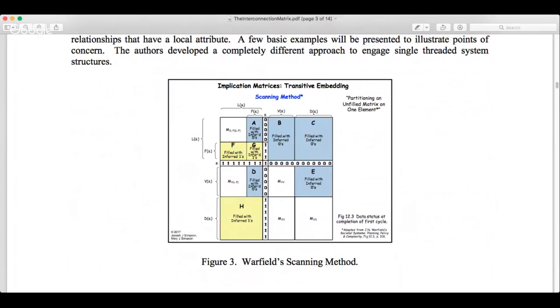But besides the inferred zeros that are up here in blue, we have inferred ones, so we have yellow, all inferred ones. And this inference appears to be the place where the power for reducing the number of empirical decisions, and the amount of empirical information that needs to be collected, lies. So we went through and started looking at how that worked with our other